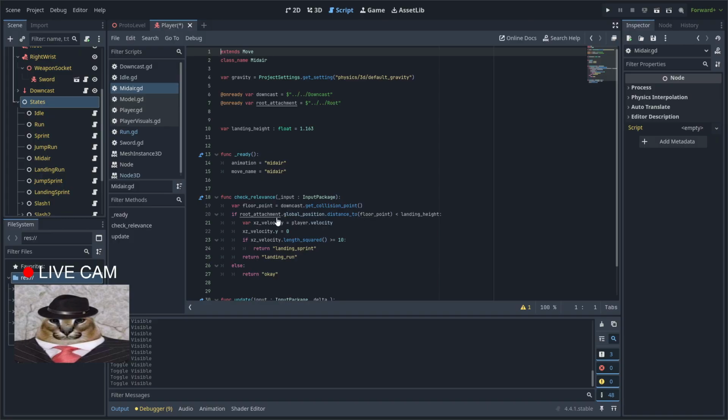If the distance from the floor point is less than the landing height,